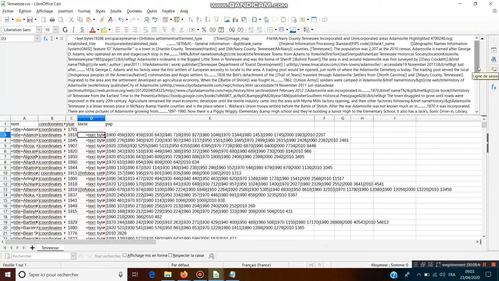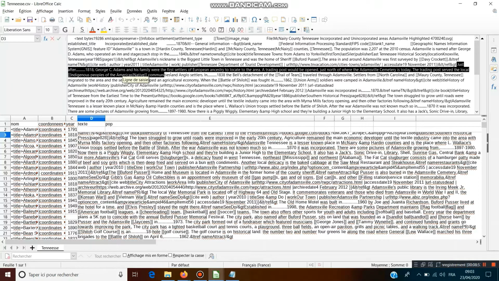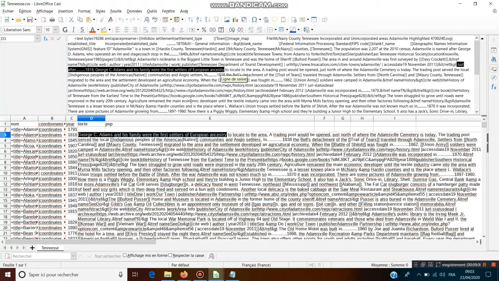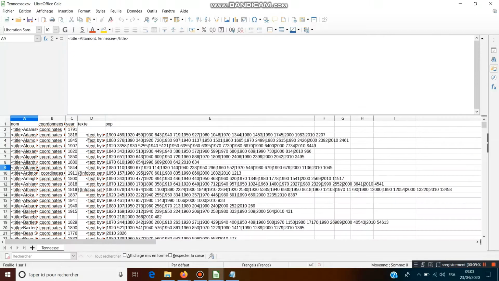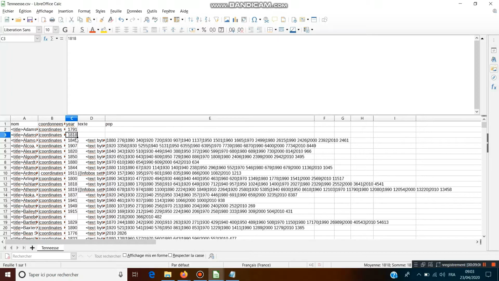Here we read that the area in and around Adamsville was first surveyed in about 2018, and the first settlers of European ancestry settled here.